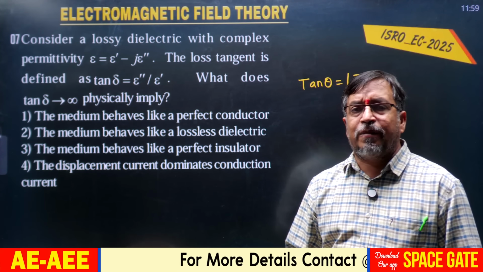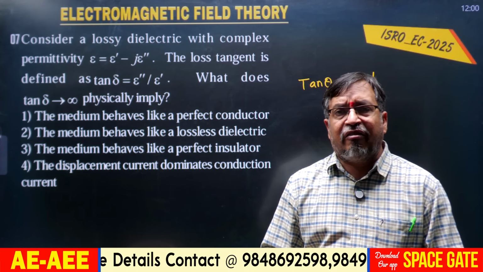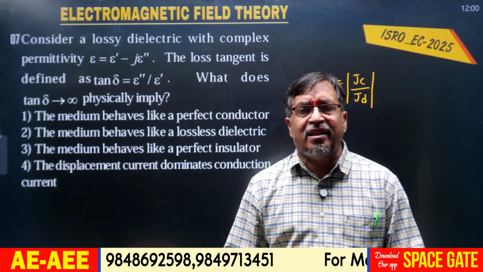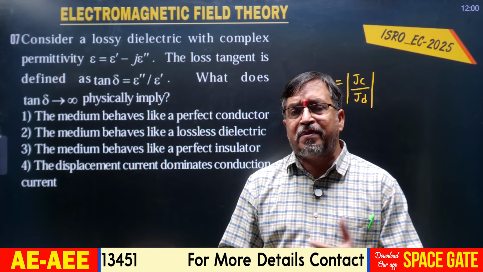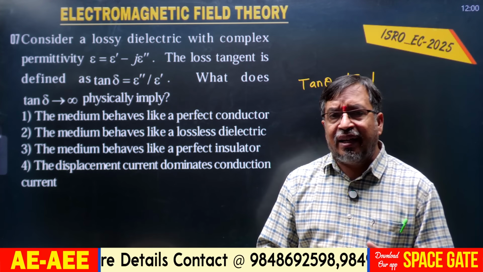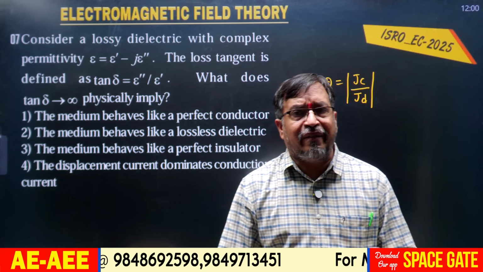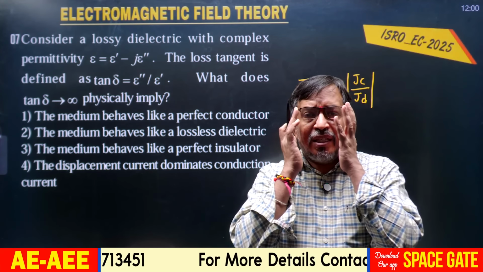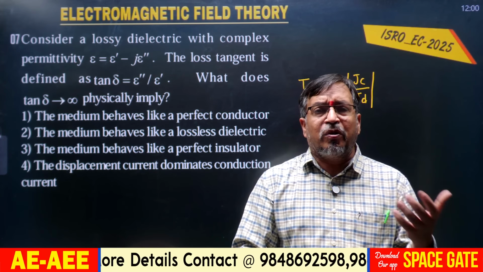JC equal to sigma E, where sigma is conductivity and E is the electric field intensity, and JD equal to displacement current density, JD equal to dou D by dou T, again D equal to epsilon E. Conduction current density we consider in a conducting medium, and displacement current density we consider in a dielectric medium. That's why by using this loss tangent we can decide whether the medium is a good conductor or a